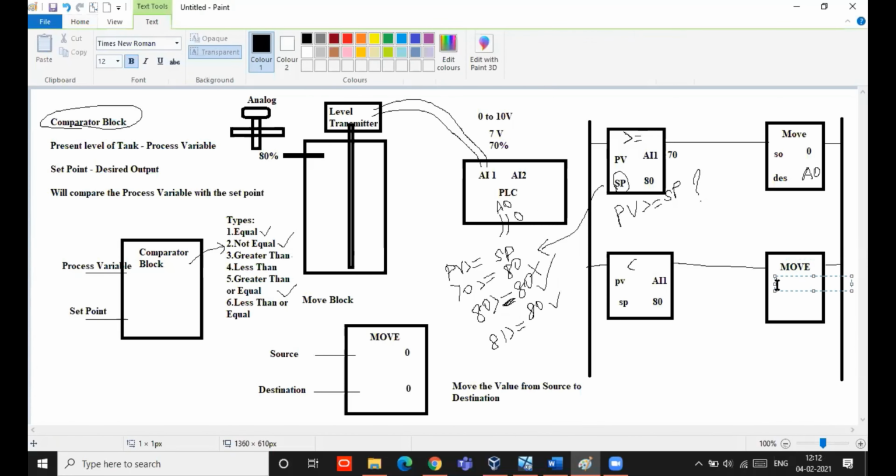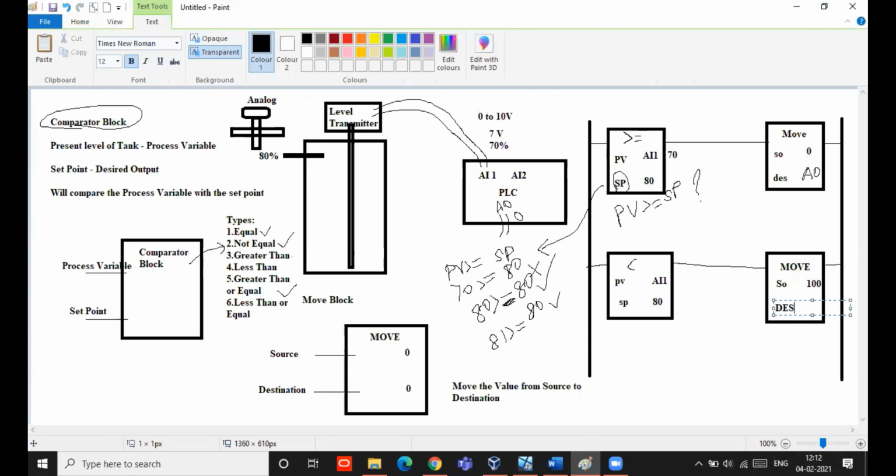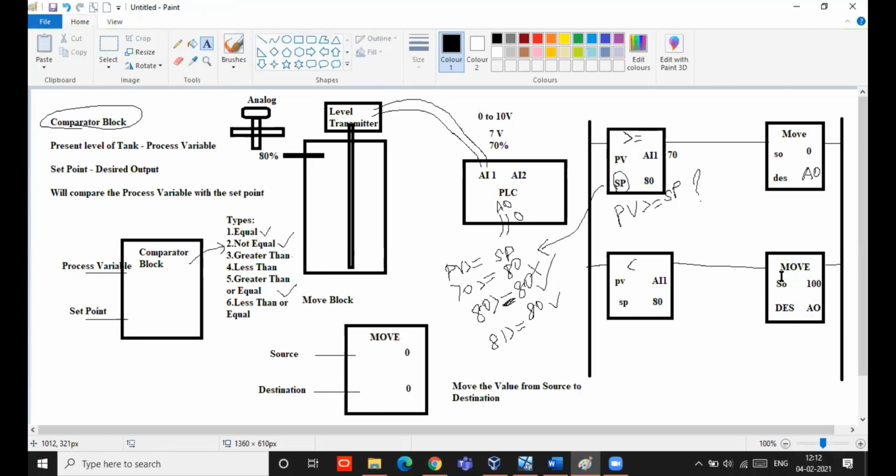So move, source value I am going to give 100, and this has to be moved to the destination. My destination is now analog output. So when tank level is less than this range, automatically this 100% will be moved to the analog output.